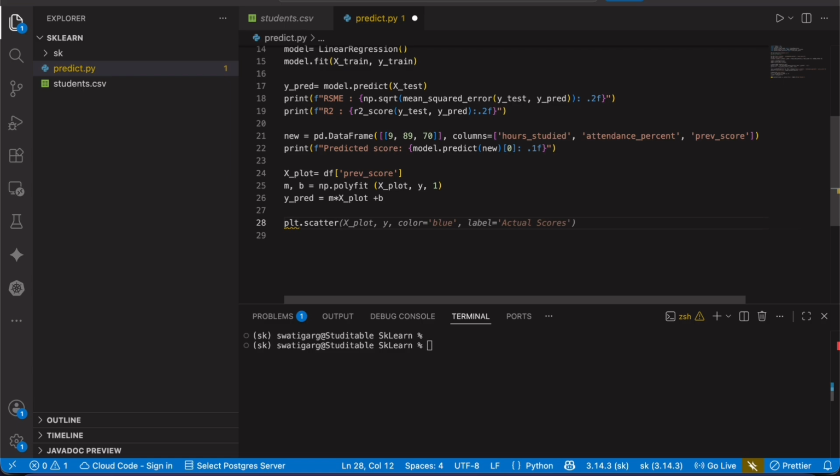Okay, and the input here will be x underscore plot only, because that's the input that I'll be providing here, which is the previous score. We can also change that if you want to use some other value, the predicted output y. And for the distinction, we will use the color blue. The data points will be in blue color, and the label that it will be given is data points, so that you can easily identify that these are data points.